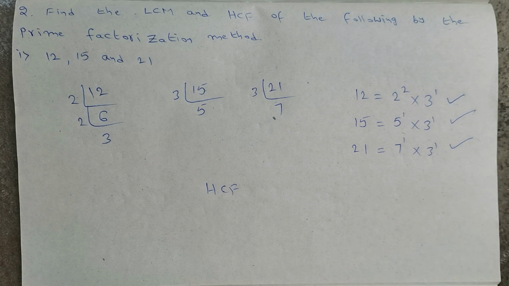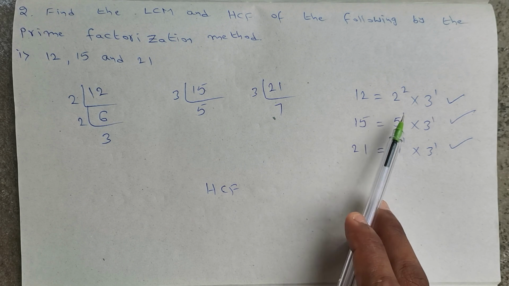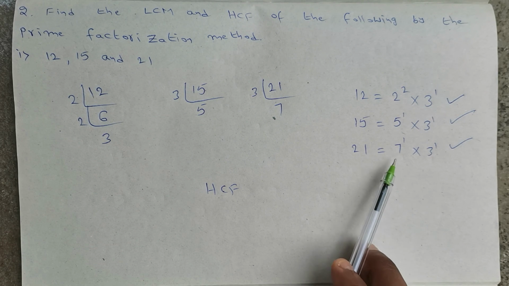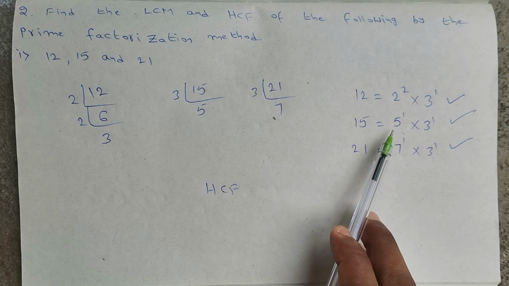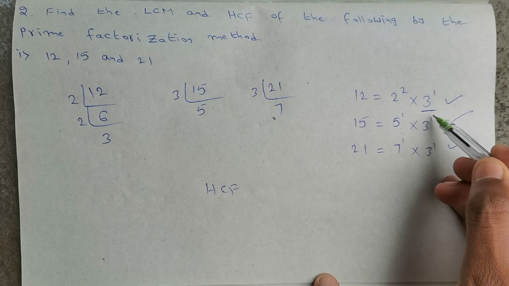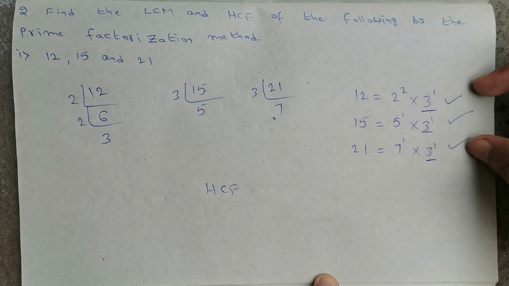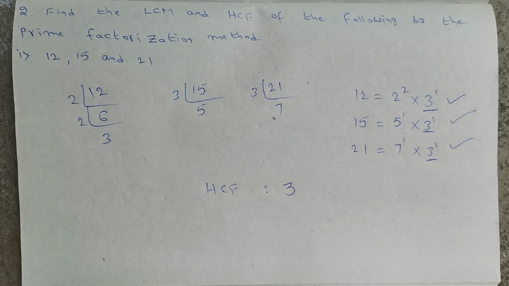Next, number 5 is here, but number 5 is not there in the first one as well as the last one. So leave that. Next, number 7. Number 7 is there in the last one, but it is not there in the first one or second one. So leave that also. Now if we observe clearly, only number 3 is there in all the 3. So write that number 3. Now check the power of number 3. In this also power 1 only, in this also power 1 only, in this also power 1 only. So no problem at all.